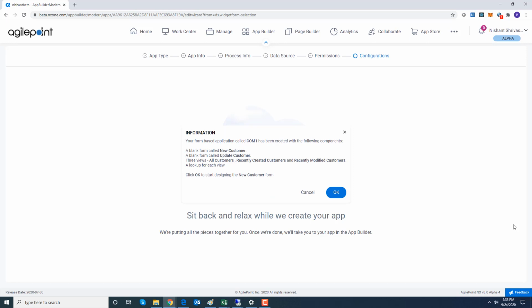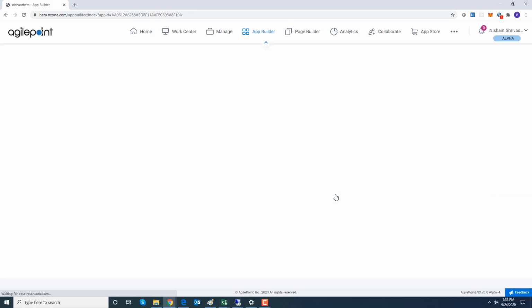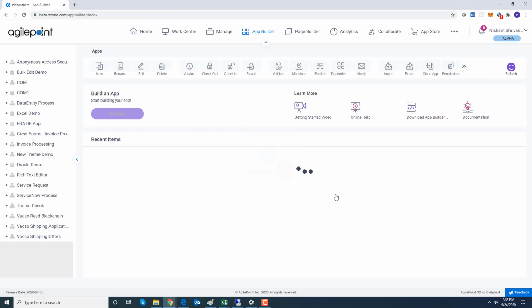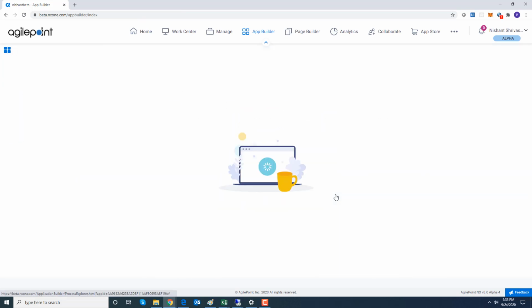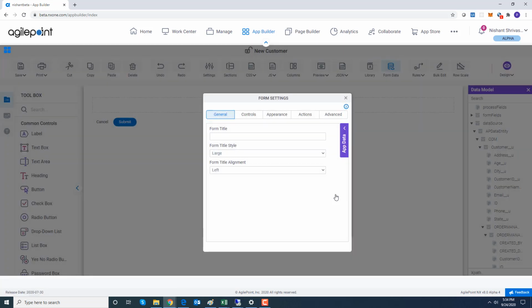and it shows me what kind of files have been generated for this form based application. So it generated a blank form, a blank new customer form, a blank update customer form, and some views like all customers, recently created customers, and recently modified customers. This is the same as what it used to do in the classic experience. I'm going to say this looks okay. And because this is a form based application, it will redirect me to the form designer area with my data